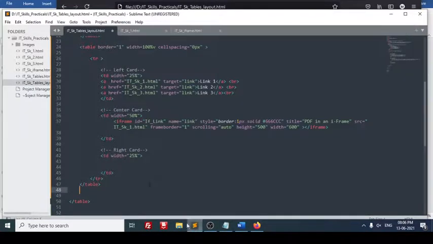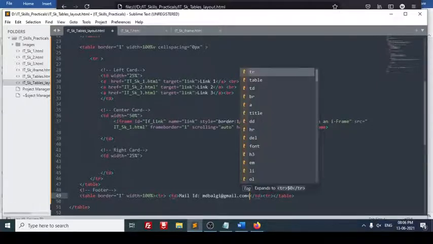See, this is my footer. I have kept it as a footer. Here I can add the mail ID, and one more thing I can put here.